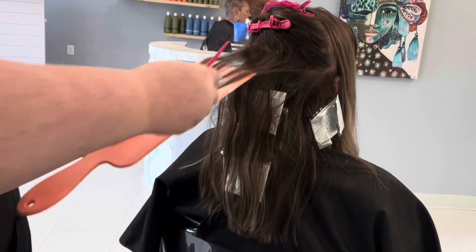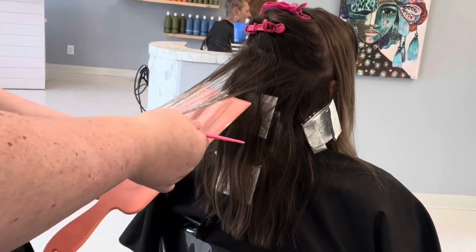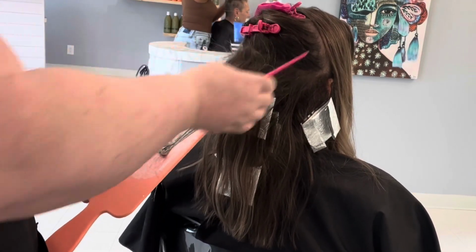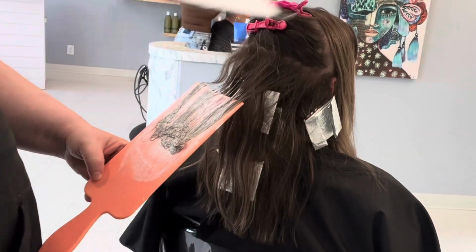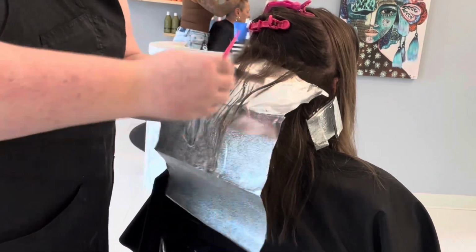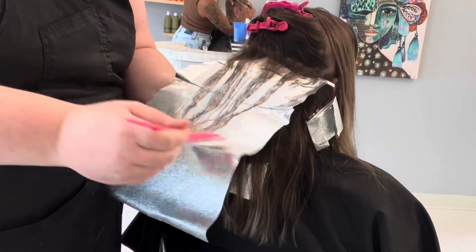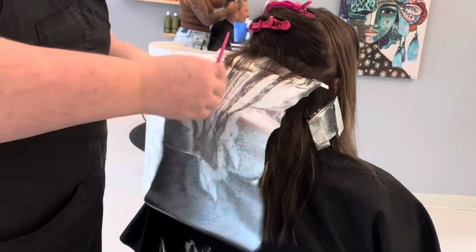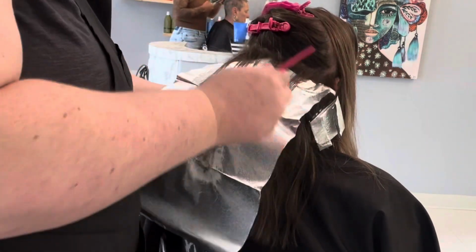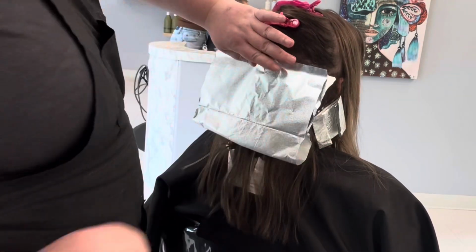For someone that wants to be lived in, make sure you're asking them, for somebody that wants to maintain more of their natural dark hair, do they want to see more blended blonde, or do they want to see more ribbons and defined dimensional blonde pieces? That's because if somebody wants to be a little bit more blended, then you might feel like it's too heavy of a blonde because you're basically taking slices and getting a full sheet of blonde that's falling on the hair, and it's going to have an overall lighter appearance, which is fine if that's what somebody wants. But if somebody wants to be more lived in and have defined ribbons of blonde,